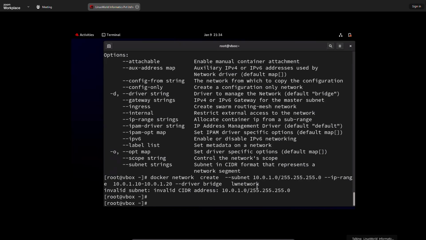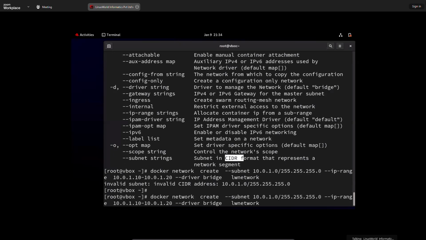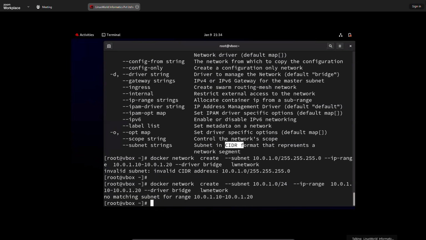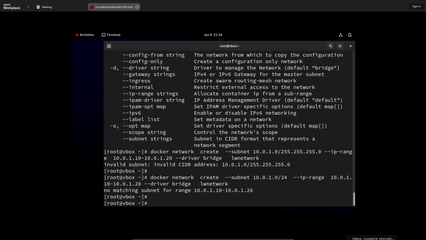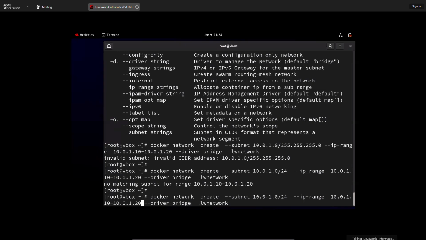One more thing I hear, they say this syntax is not supported. They say it supports CIDR format. It means instead of 255, we write /24. It's called prefix length or CIDR syntax. Okay, and they say no matching subnet for this range. Okay, so for this we use slash and it should support